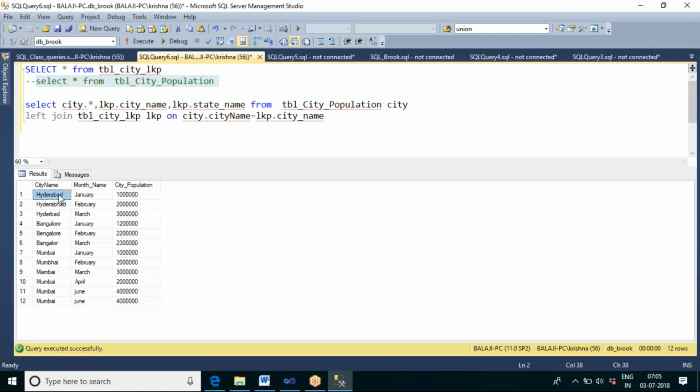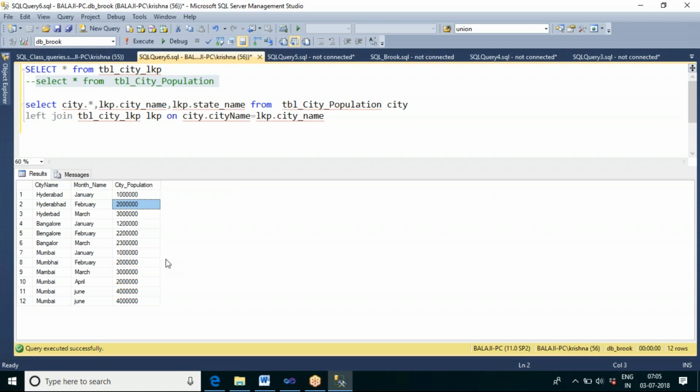So here you can see Hyderabad, this month, this is the population. The same Hyderabad in the February month, this is the population. The table which contains the details of your sales or of your company or your city is called a transaction table.